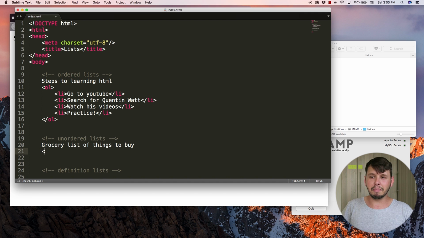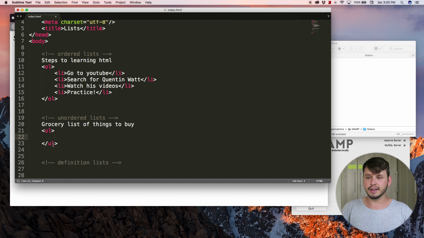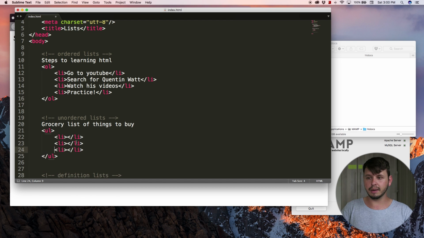Let me open up my unordered list by opening up a UL tag. So that is how you create an unordered list. You open up a UL tag, and I'm just going to hit enter. So UL obviously stands for unordered list, and inside of this UL tag we also make use of these list items. So I'm going to create a list item, and I'm going to duplicate this 4 times,